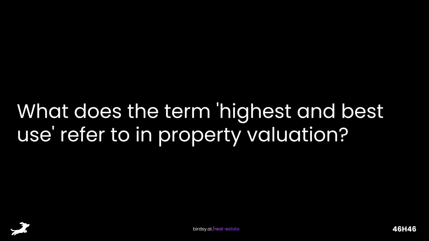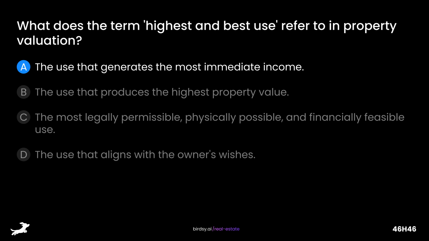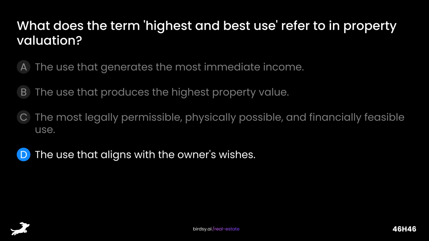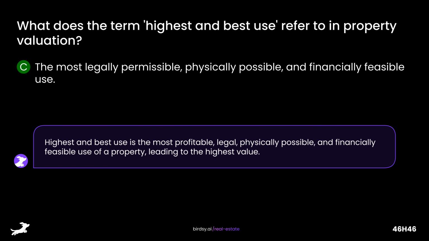What does the term highest and best use refer to in property valuation? Is it A, the use that generates the most immediate income? B, the use that produces the highest property value? C, the most legally permissible, physically possible, and financially feasible use? Or D, the use that aligns with the owner's wishes? The answer is C, the most legally permissible, physically possible, and financially feasible use. Highest and best use is the most profitable, legal, physically possible, and financially feasible use of a property, leading to